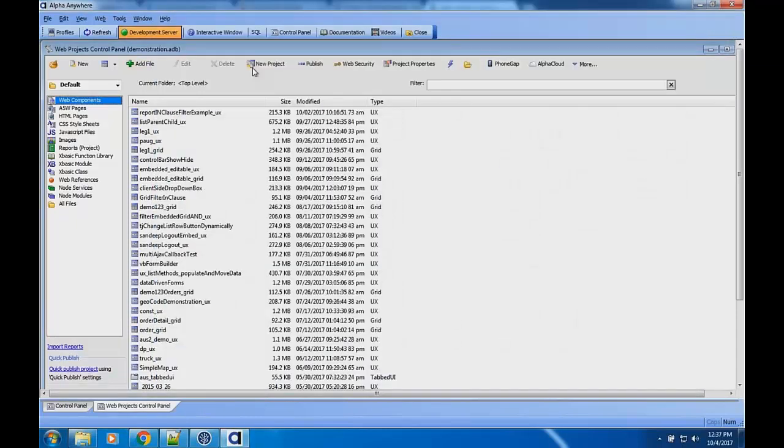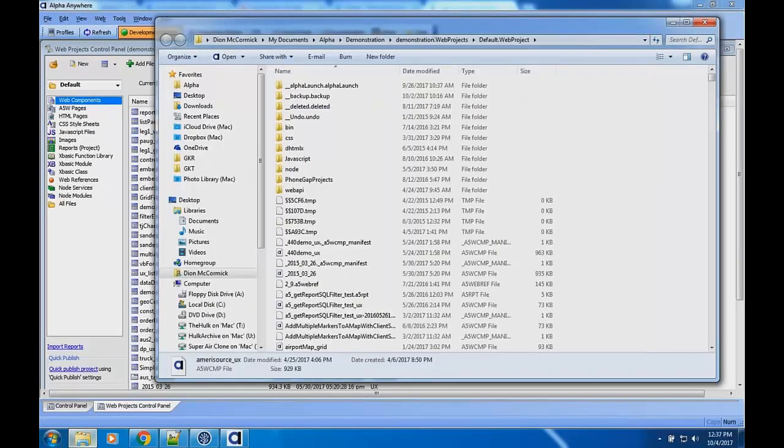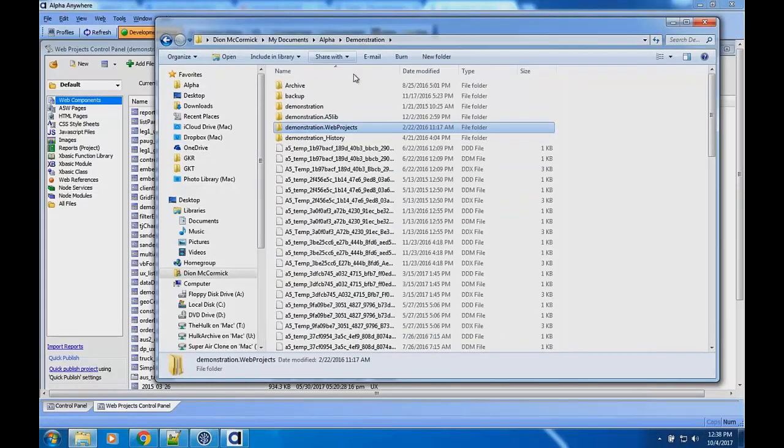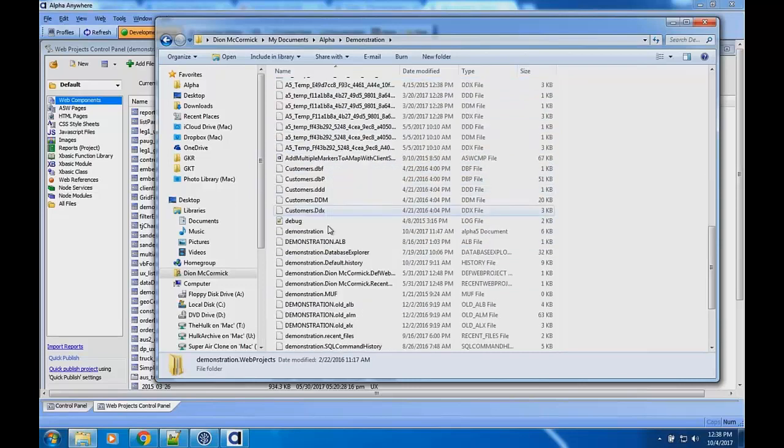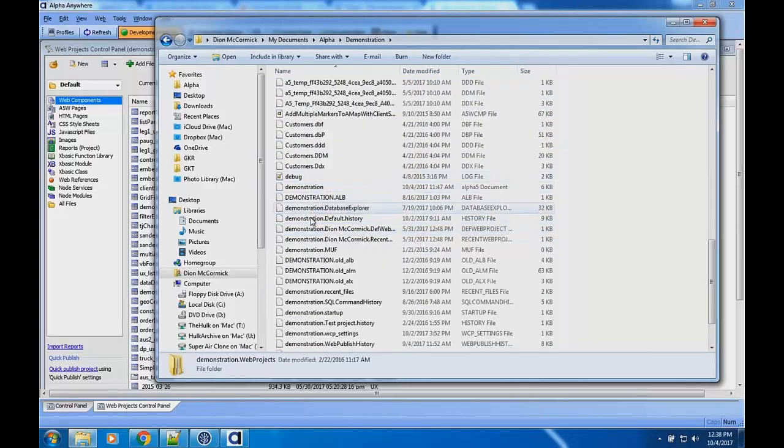If you just click your little folder icon when you're at the Web Projects Control Panel, it'll open up your folder. So you're going to see in here that these are all the files that make up my application. Actually, I'm at this level right here. There's a bunch of other files in here, but the most important one is the demonstration ADB.